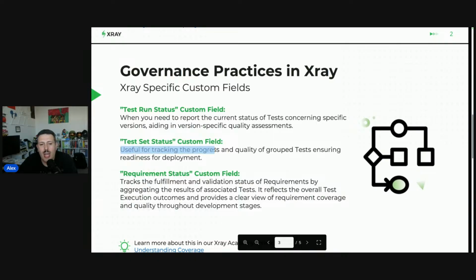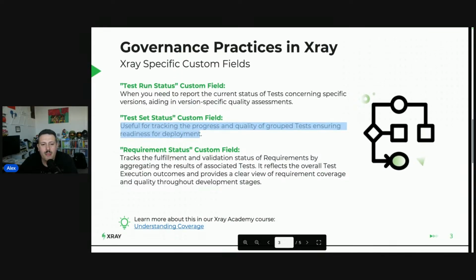This is useful for tracking the progress and quality of group tests, ensuring readiness for deployment. And then we have our requirement status. This tracks the fulfillment and validation status of requirements by aggregating the results of associated tests. It reflects the overall test execution outcomes and provides a clear view of requirements coverage and quality through the development